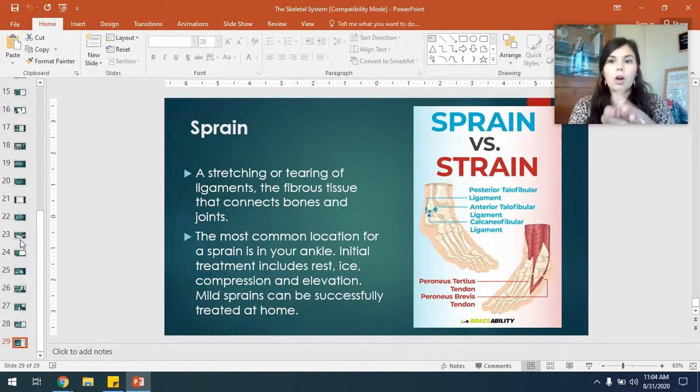If we roll our ankle off to the side, then that ligament on the outside of our ankle is really common to sprain. And then typically a mild sprain can be successfully treated at home with just rest, ice, compression, and elevation. That's where the acronym RICE comes into play. If you've never heard that before, R for rest, I for ice, C for compression, and E for elevation. So that's the difference between a sprain and a strain, and that is everything for this section of the skeletal